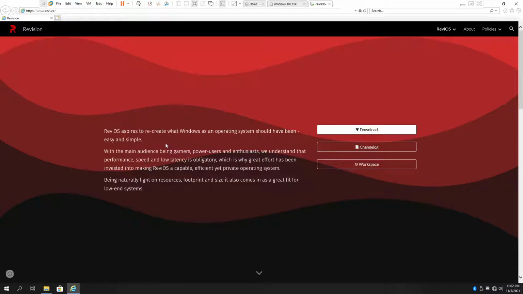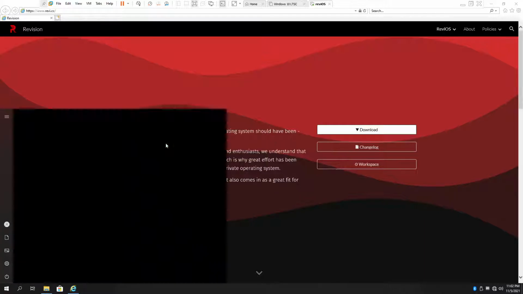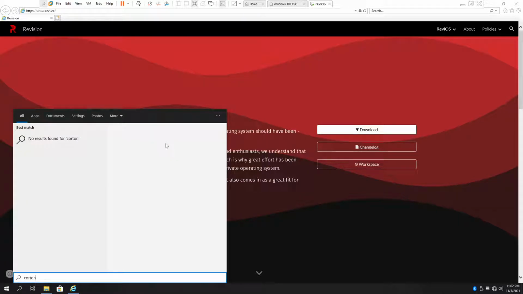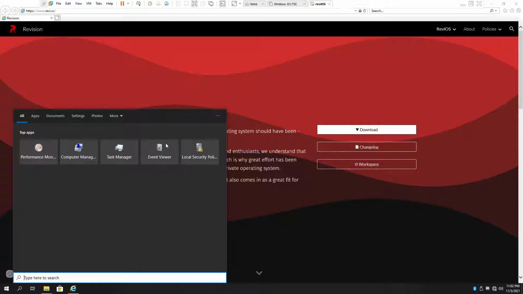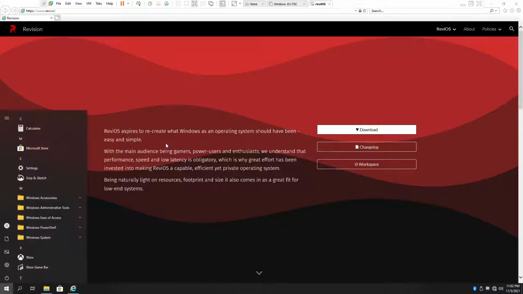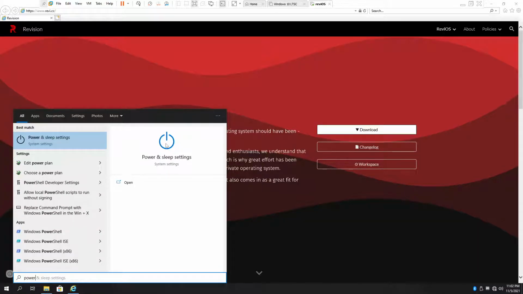I get a lot of stuttering on my base Windows 10 installation, or I used to before I debloated it, because you have all the Microsoft bloatware running in the background. You have the Xbox Game Bar presence, you have Game DVR, you have Cortana, you have all that crap just running in the background that's eating up your performance. With this build, there is no Cortana, there is no web search, which means that there are no connections going to your computer. And if we head on over to PowerShell real quick,